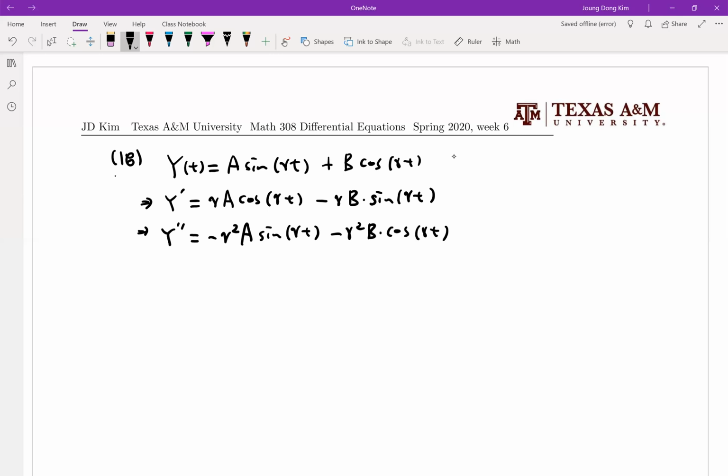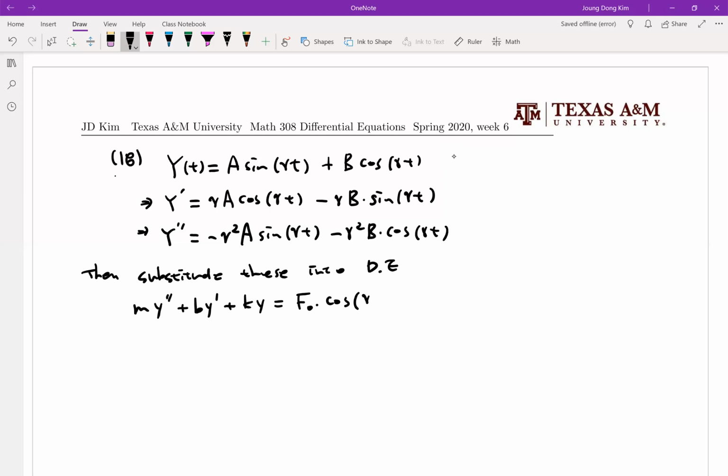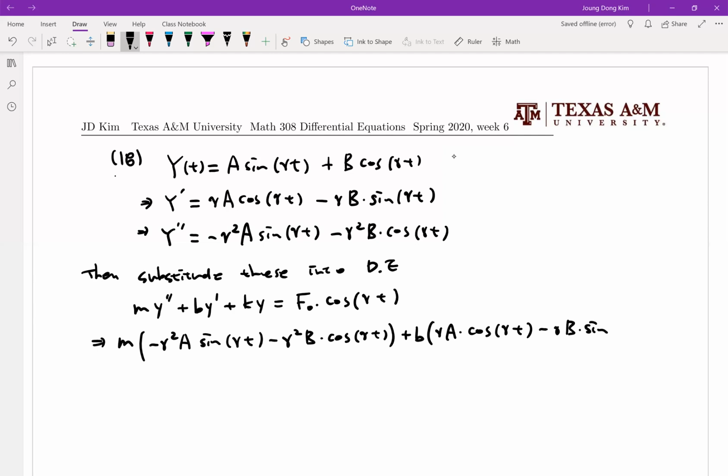Once you have y prime and y double prime, we're going to plug it back into the differential equation, which means m y double prime plus b y prime plus k y is equal to F0 cosine gamma t. It will be a little bit complicated, but you can do it. M times y double prime, which is minus gamma square A sine gamma t minus gamma square B cosine gamma t